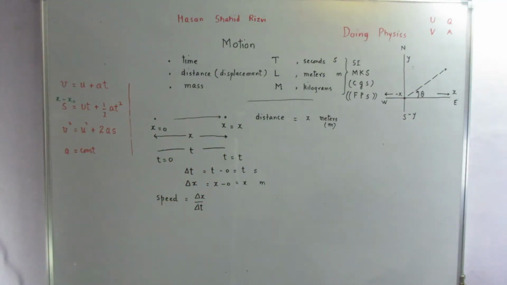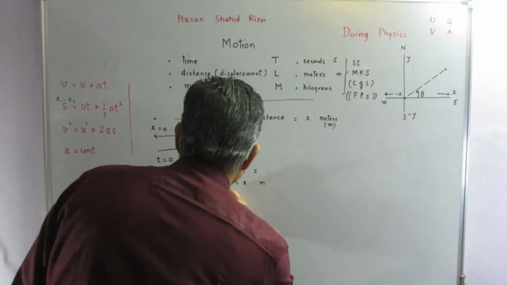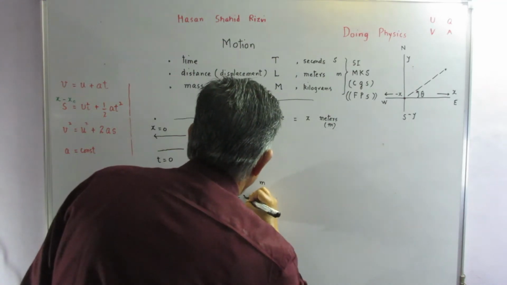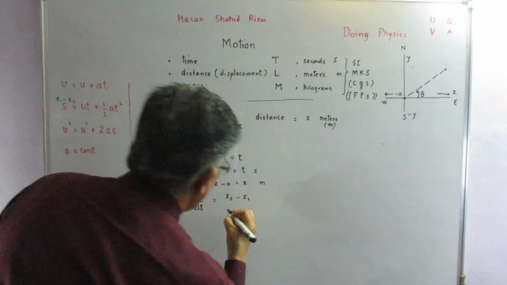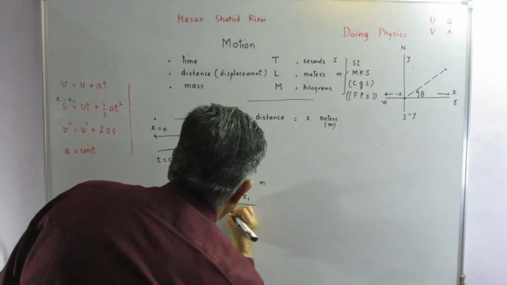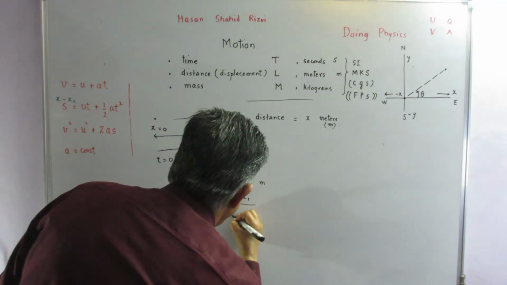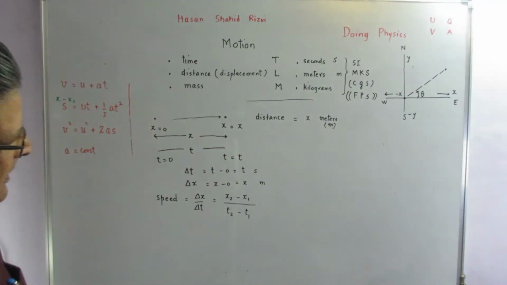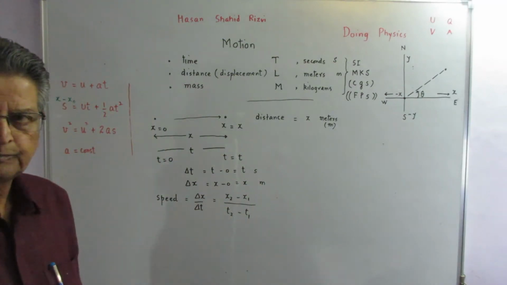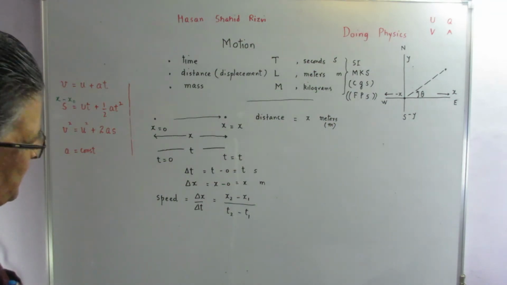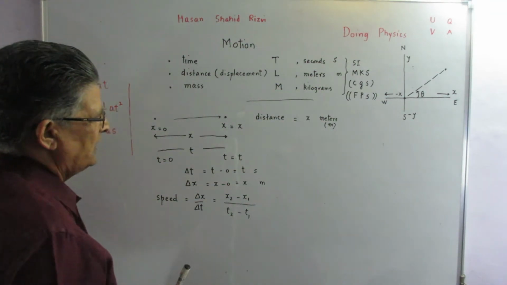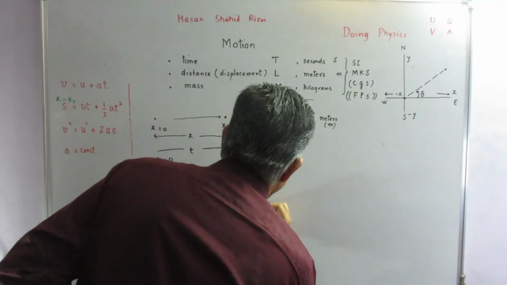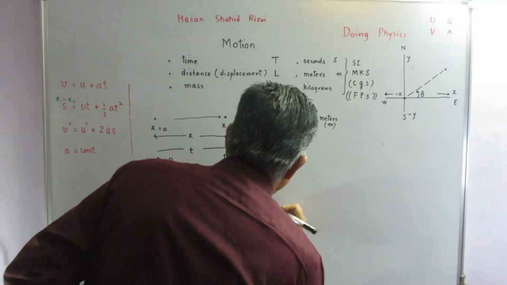These are measurable quantities, and I can write this as the value after some time and the value in the beginning. Also, I can write this as the time that we measure in the end and the time in the beginning. So this speed is delta x upon delta t, and therefore it follows